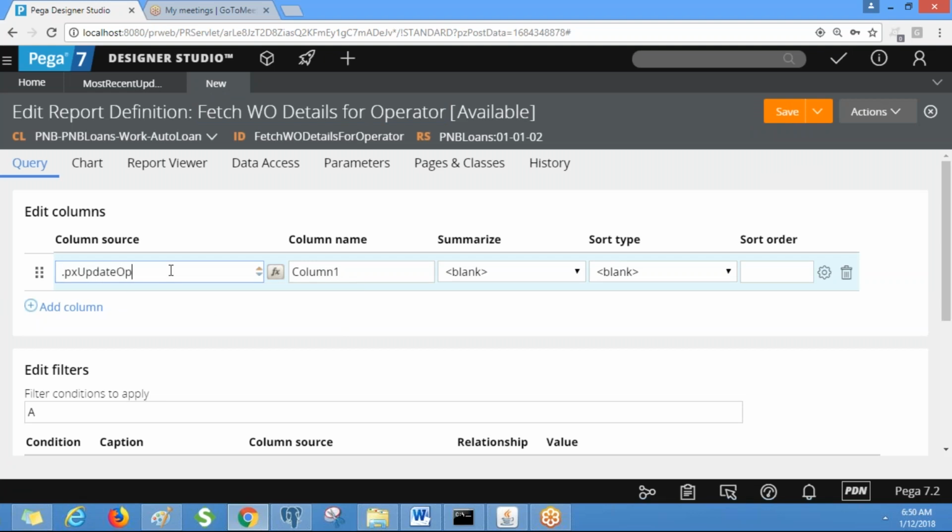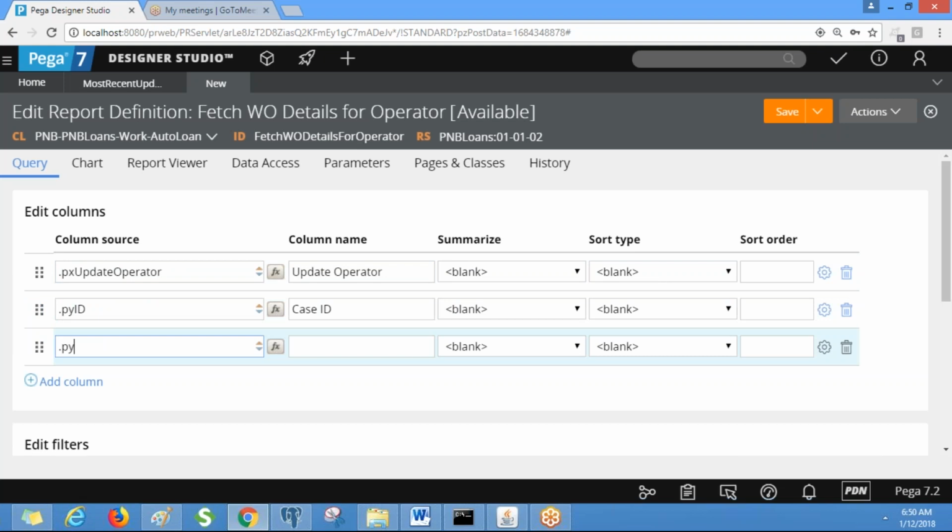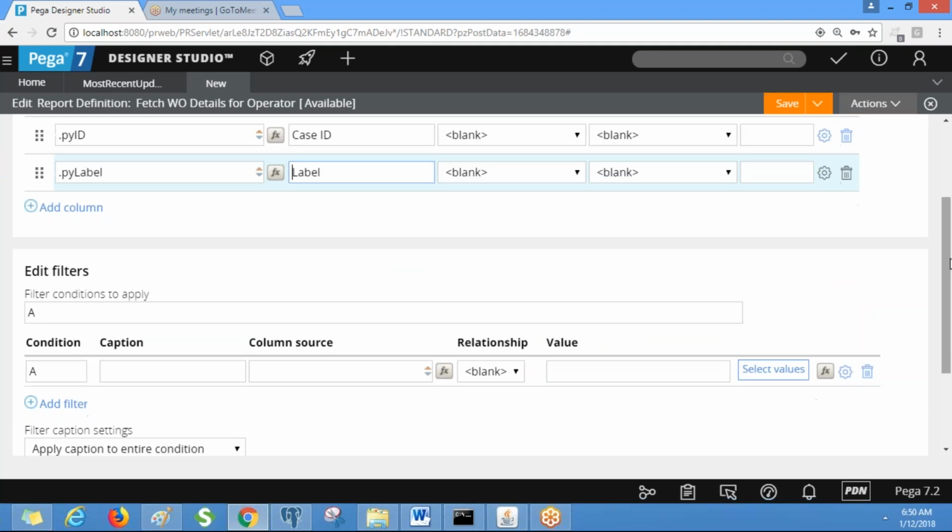Px update operator. PYID, which is the work object ID or case ID. PY label, which is the type of the work type.